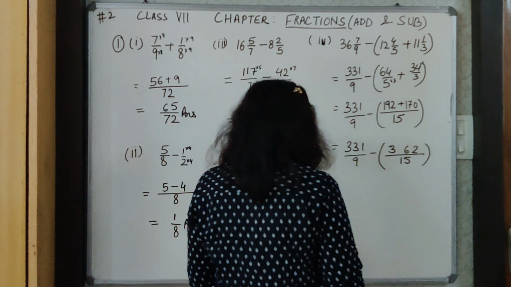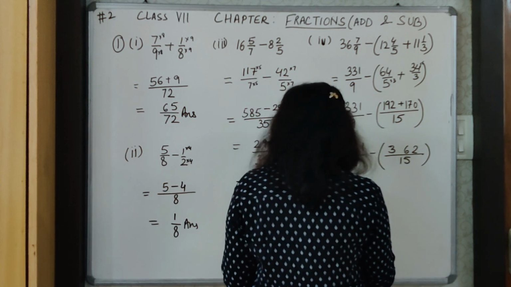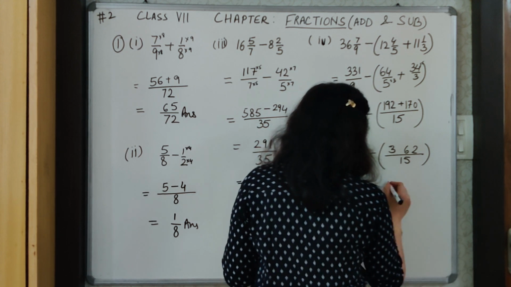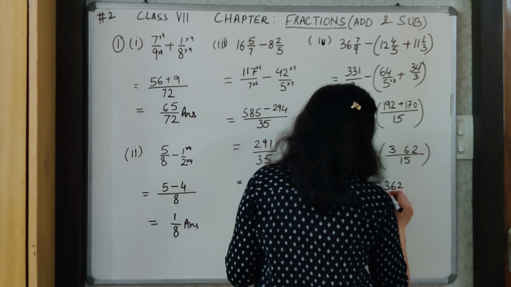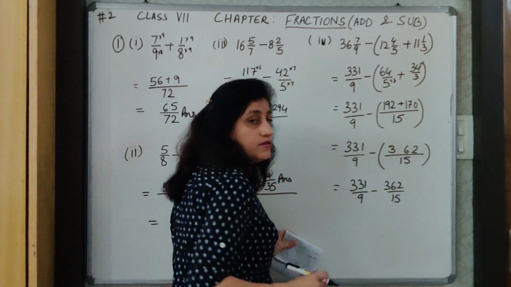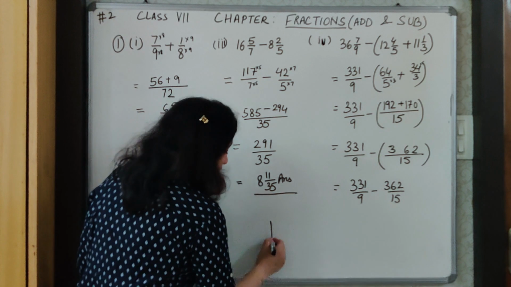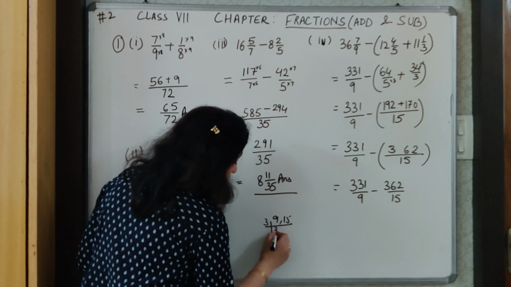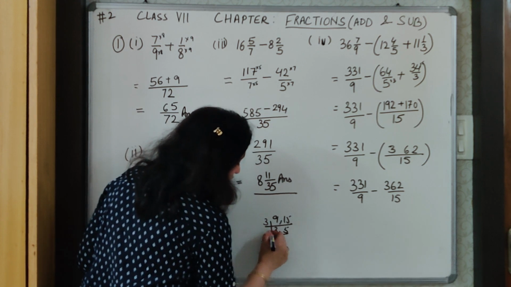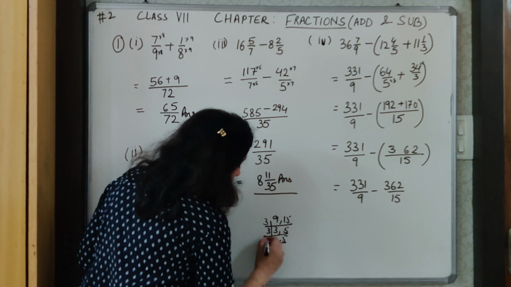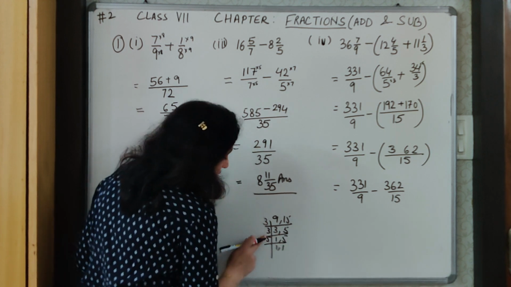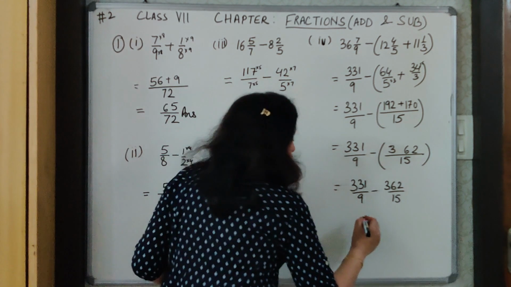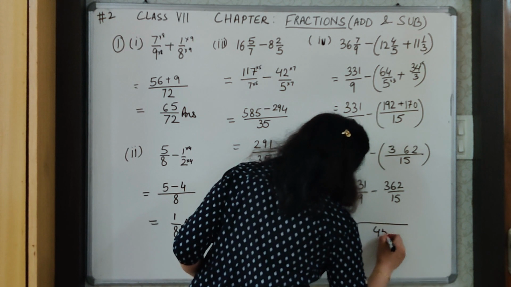362 is this answer. Then as we move on, we will open the bracket. 331 upon 9 minus 362 upon 15. We will find out the LCM of 9 and 15, which I'll do roughly for you here. You all know how to find the LCM. So beginning with table 3, 3 3s are 9, 3 5s are 15, 3 1s are 3 and 5, and then 5, 1 and 1. 5 3s are 15, 15 3s are 45. So I get the LCM here as 45.